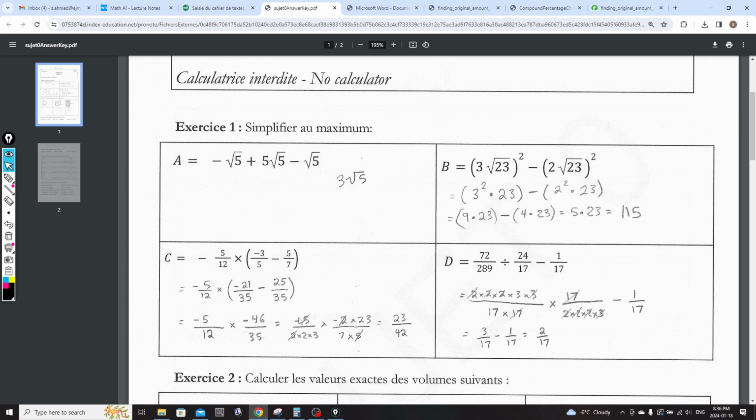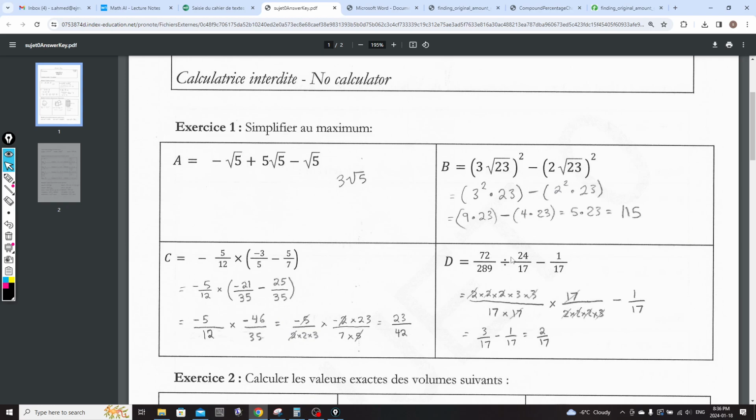Well, a negative times a negative is a positive, so my negatives are gone. So all I have left in the numerator is 23, and all I have left in the denominator is 7 times 2 times 3, which is 42. Looking at this question right here,